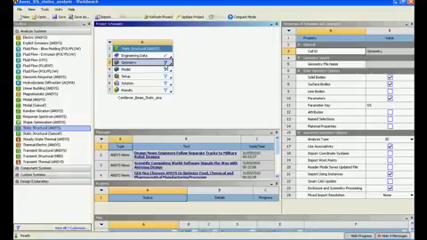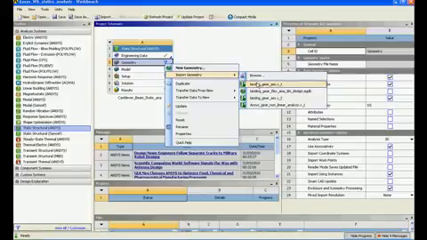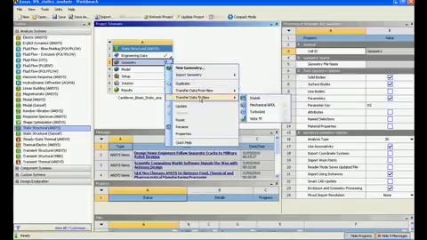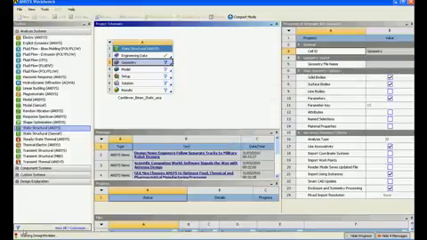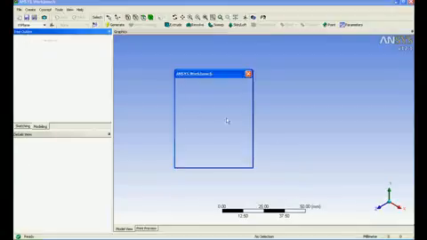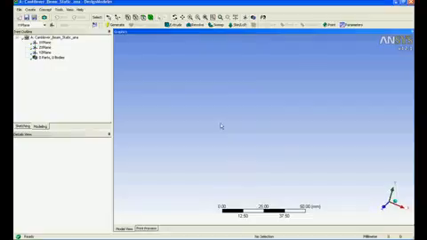So basically I'll just right click on geometry and I can create a new geometry, or else I can import a geometry. These are the geometries I've worked with so far. Or else you have other options also, which I won't be talking about at this stage. So I'll just say new geometry, and you can see here in the status bar starting design modeler. Design modeler is another design tool provided by ANSYS. It's almost similar to any other CAD system you have, and it's very good, to be very honest. So I enjoyed working on it to an extent.